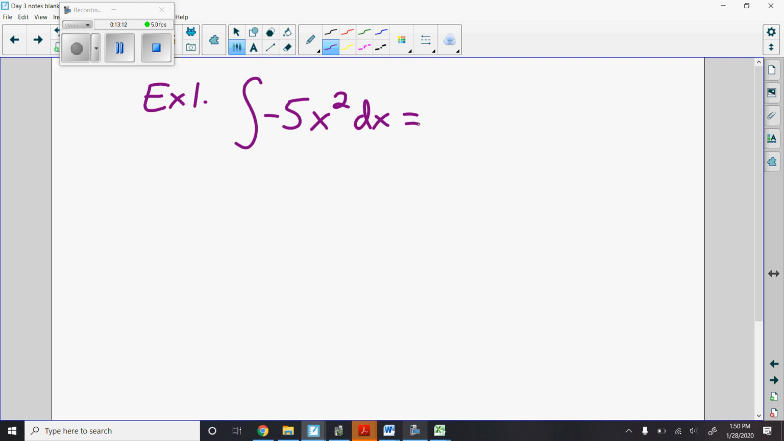Okay, so I have the antiderivative, the indefinite integral of -5x squared dx. Again, I'm going to bump my power. Go ahead and try it on your own first. Okay, but I'm going to bump my power and divide by my new power. So I'm going to have -5 over 3